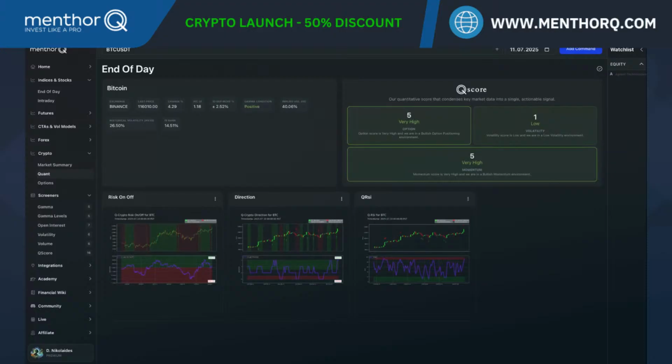So we have low volatility. We will talk about options in a second. We have high opinion, and the momentum is high. So we expect this to ride out. If you are a long-term investor, you can do two things. You can buy more crypto, just purely crypto, or you could use deep in the money calls, because the effect of theta is less there, time decay, which gives you a leverage.